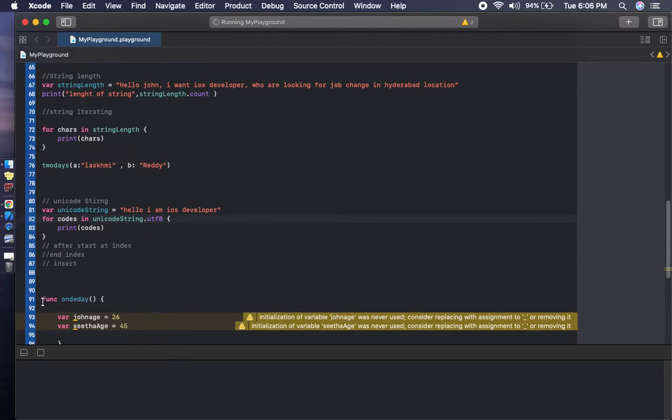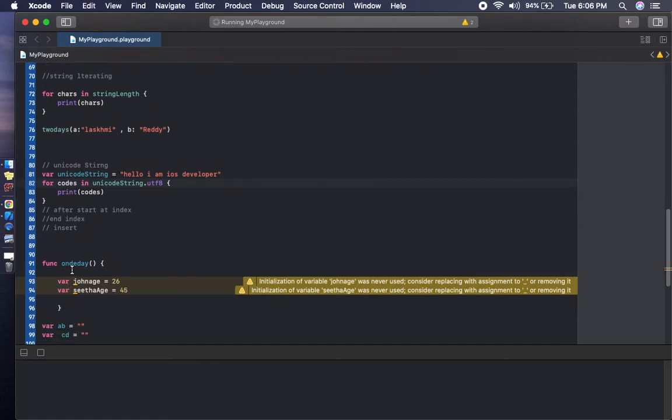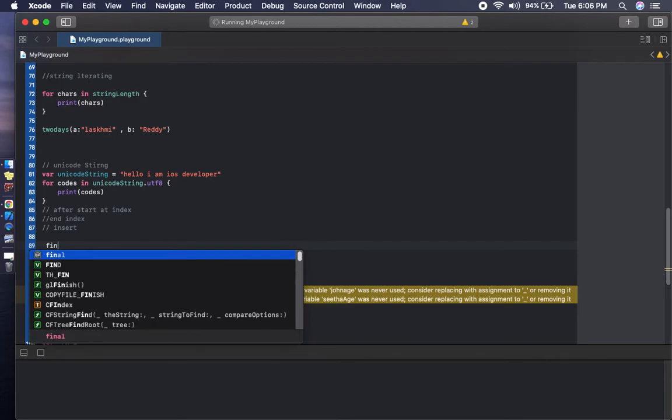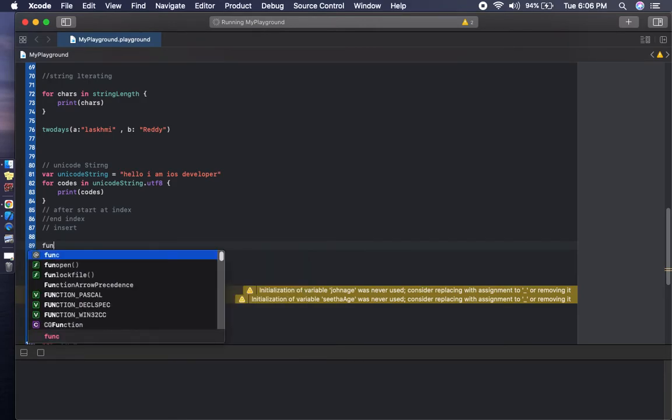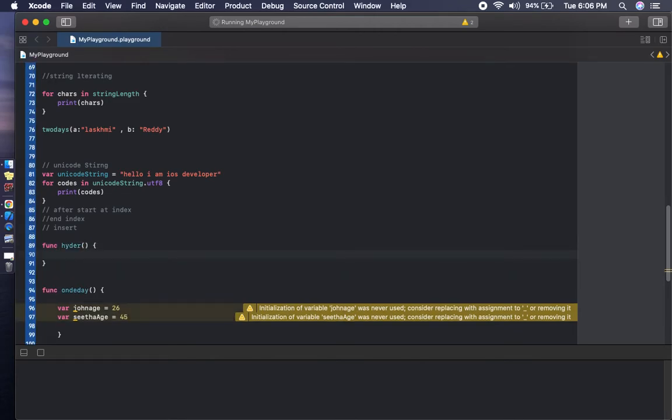The next topic is function. I am declaring a function, and writing a function, for example one that prints "I am Raju".